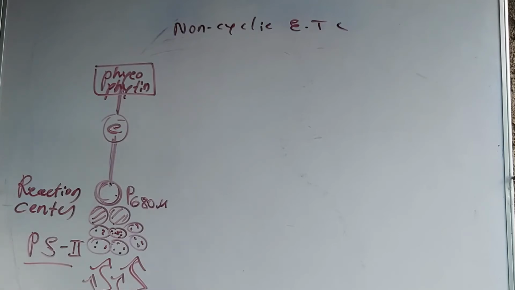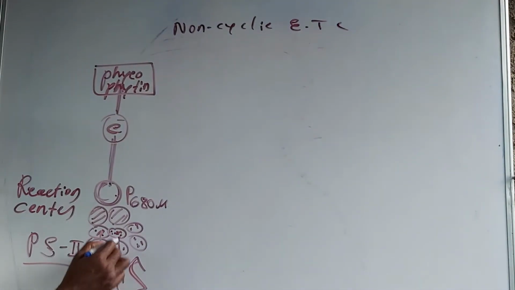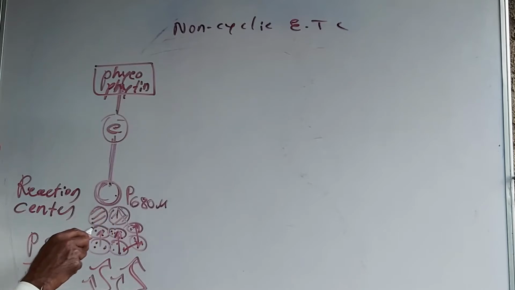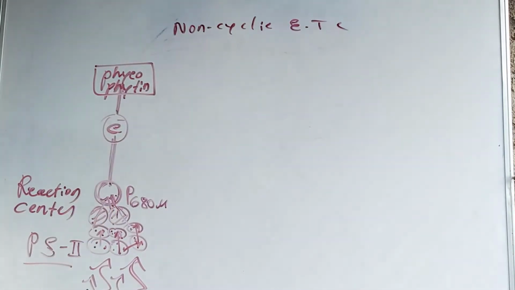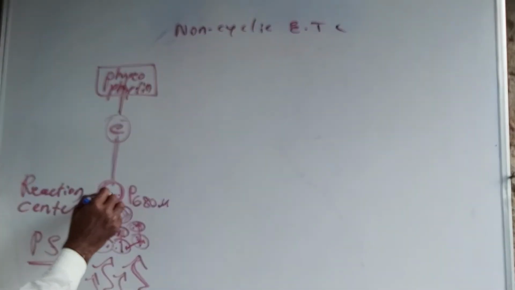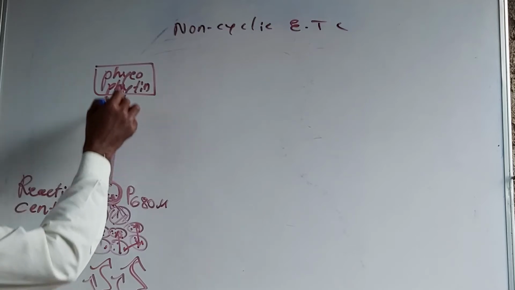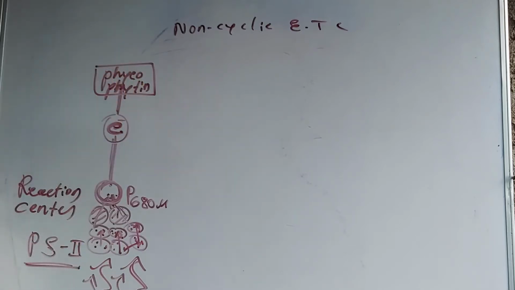This is the sunlight. When it reaches pigment system second, a number of antenna chlorophyll molecules absorb the solar radiant energy. They transfer it to the other molecule. The process of absorption of the solar radiant energy and the transfer of the same to the reaction center is otherwise termed light harvesting. So light harvesting takes place in this way. When the light reaches the reaction center of pigment system second, it excludes the highly energized electron. This highly energized electron is picked up by the 5O15, the electron carrier molecule.